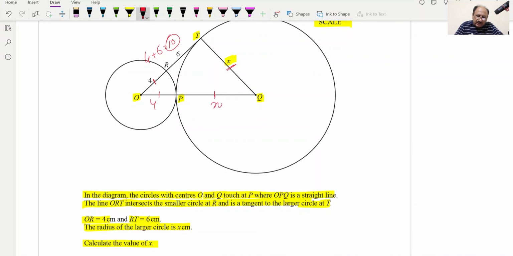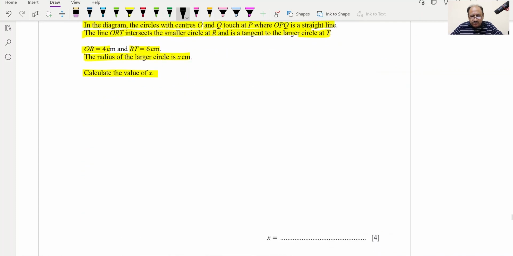So this side, I mean, this side is what? This side is 4 plus X. So this side is 4 plus X, and this side is 10, and this side is X. Now we can apply Pythagoras theorem on this triangle, and this will be what? Pythagoras theorem will be hypotenuse square: (4 plus x) squared will be equal to 10 squared plus x squared, and